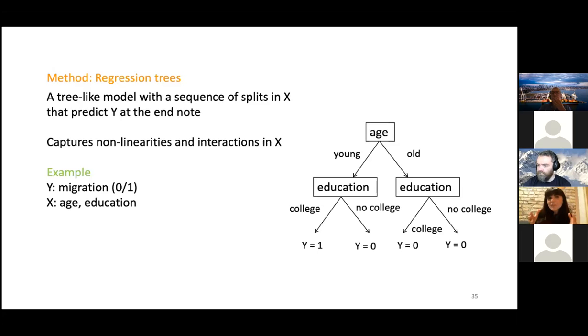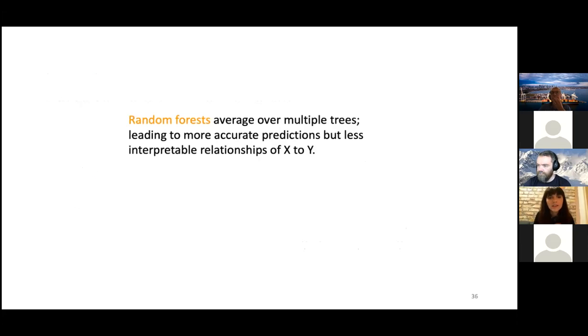So with enough splits, you can imagine that we can perfectly predict our data, but again, we would be overfitting the data. We would be explaining it too well, and our model would not generalize. So basically, you want to put some restrictions on this approach so that you have good fit, good predictive accuracy at the same time. So basically, a version that we're using is random forests.